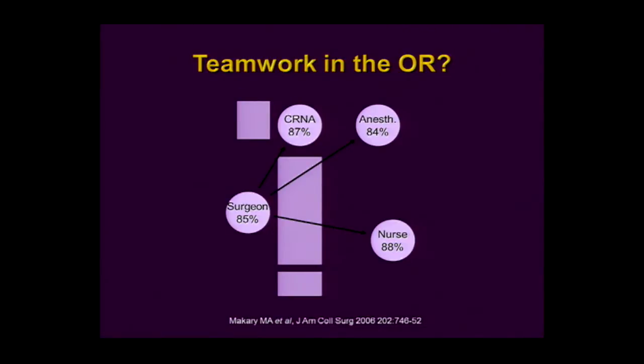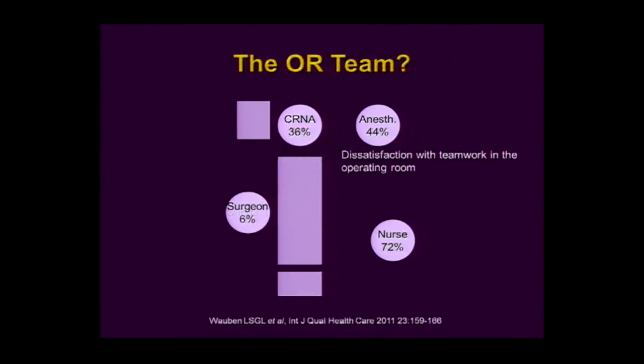This is Marty's work again in a different version for you. If you ask the surgeon, how is teamwork in the OR? You look at these numbers: 80% think it's great. 80% of surgeons say it's great with the nurses, and 84% of surgeons say it's great with anesthesia. Now look at those same numbers when you ask the other person. If you ask anesthesia or nursing, 48% of nurses think it's good with the surgeon, and 70% of anesthesia. So there's a disconnect, as Dr. McCary illustrated, and this disconnect causes problems.